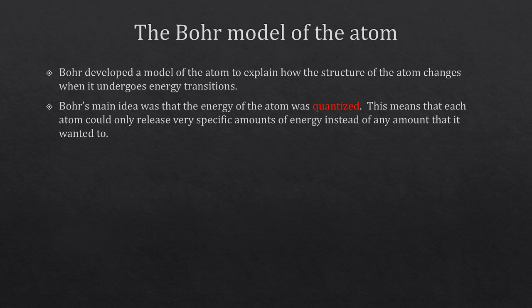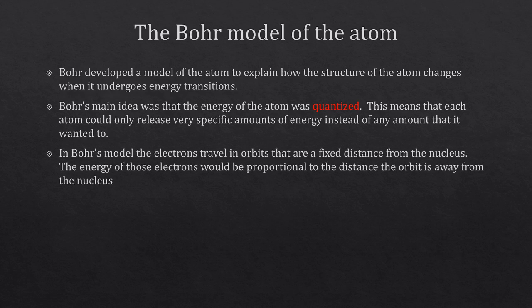of the atom is something we call quantized. What that means is that each atom can only release very specific amounts of energy. So when the electron wants to move from one energy level to another, there are set levels it could exist in. And the difference between those levels relates to how much energy can be released. So in the Bohr model, those electrons travel at fixed distances from the nucleus. And the energy of the electron is going to be proportional to the distance the orbit is away from the